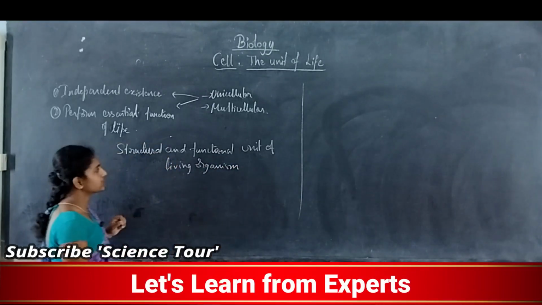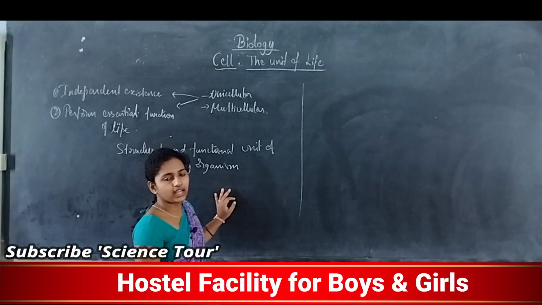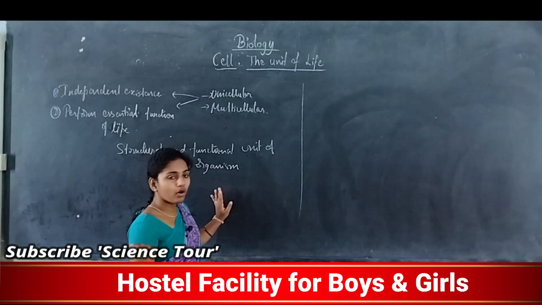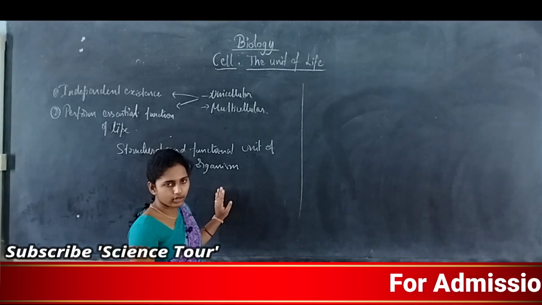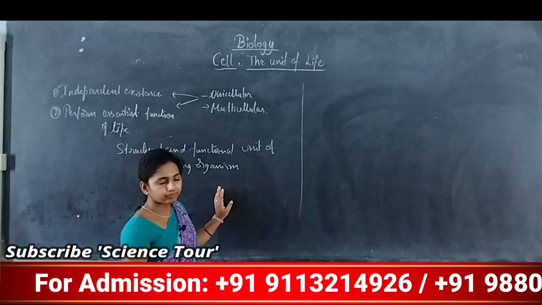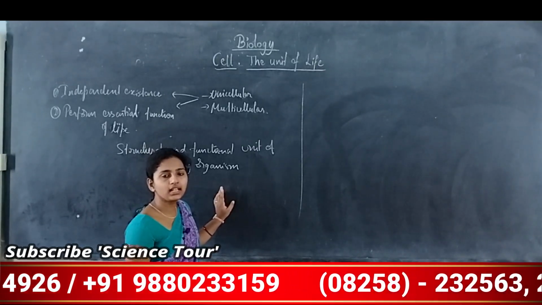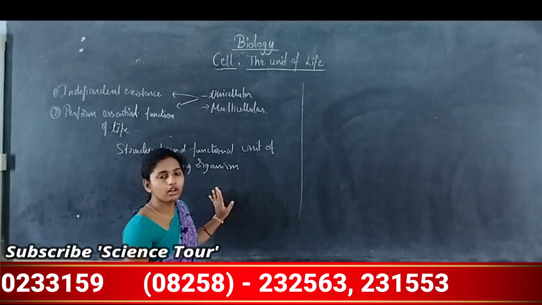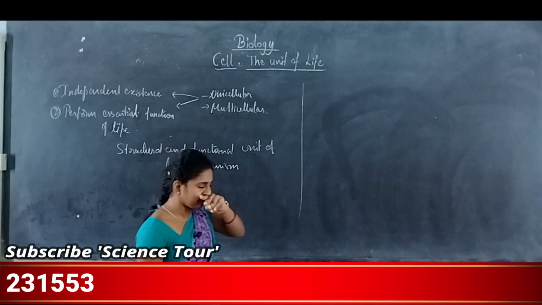Here the cell is called the structural and functional unit of living organisms. All the cells together form a multicellular organism, or a single cell will act as an independent organism. In any case, the structure and function of the cell is very important to make a living organism. By this we can conclude that